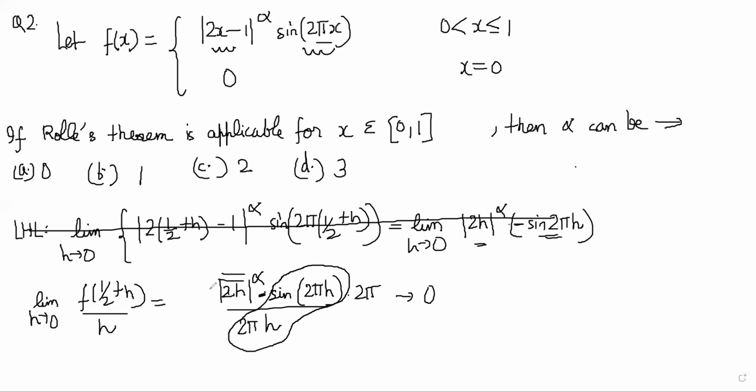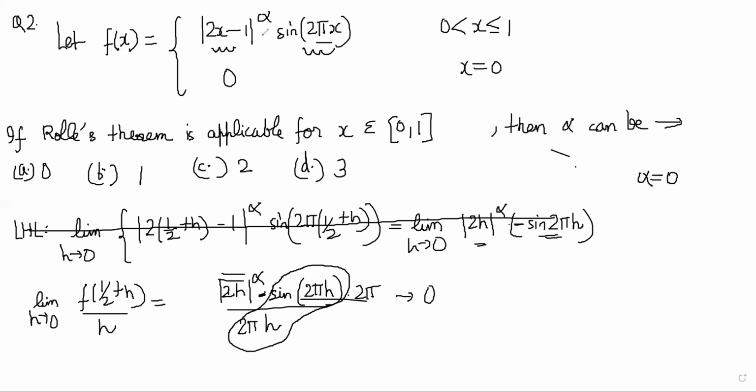If it was non-zero here, it would have been fine. It would have been non-differentiable, right? So it seems like it will become differentiable. So now it seems as if all the conditions are satisfied, right? And what happens if alpha is 0? That is the only thing I want to check.